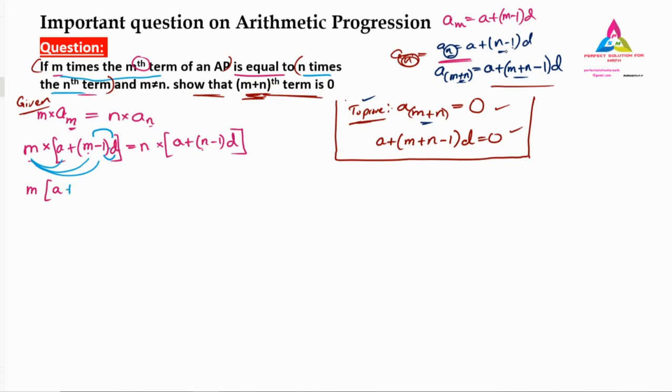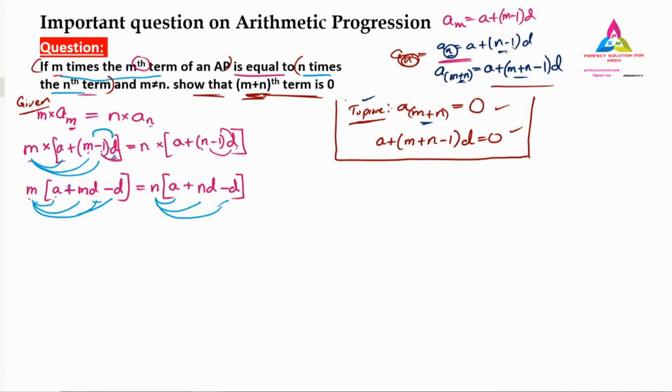So plus as it is, d into m is md, d into minus 1 is what? Minus d. Similarly is equal to n into a as it is, this d I have to multiply for both, plus nd also, you can see nd we have, and here we have minus 1 into d is minus d. So again calculation. Now this m, now it is easy for you to multiply. This m I have to multiply for what? All the 3 here, and n also for all the 3. So let us multiply that.